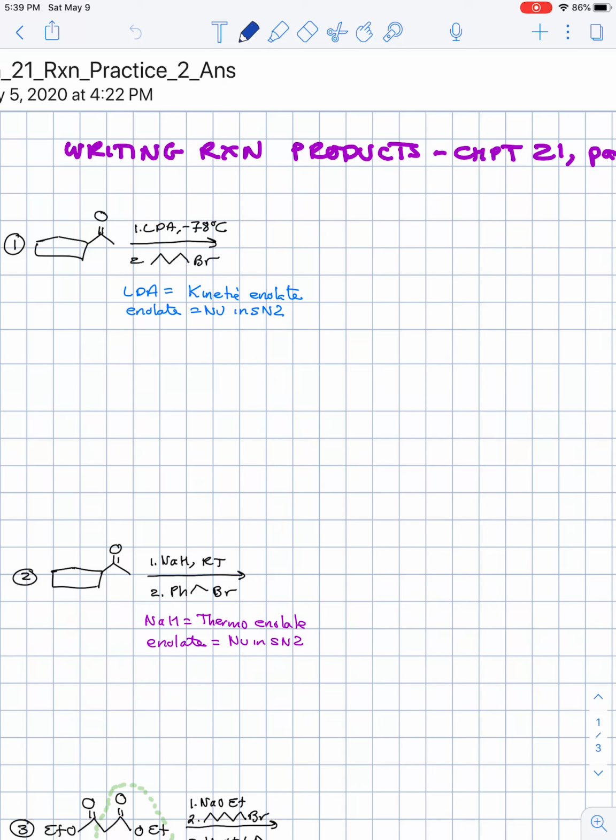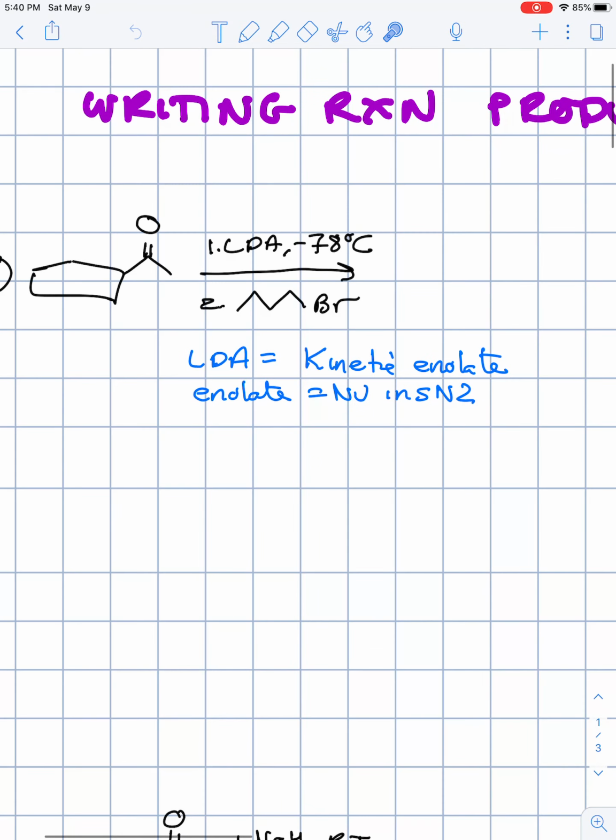Here are 10 reaction examples from the last part of chapter 21, or I guess it's the second part of chapter 21. And these all involve alkylation reactions of some sort. So in this first one, we have a non-symmetrical ketone, and we use lithium diisopropylamide, or LDA, and then we alkylate it. And so when we use the LDA here, LDA is going to predominantly give you the so-called kinetic enolate. And then this enolate just acts as a big old nucleophile, and it's going to attack